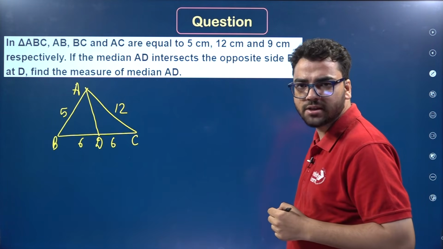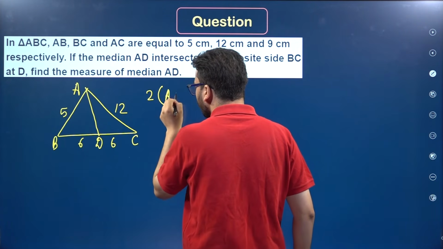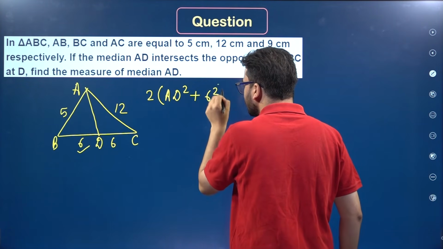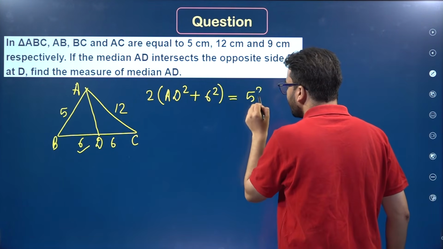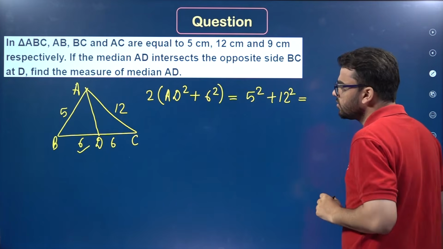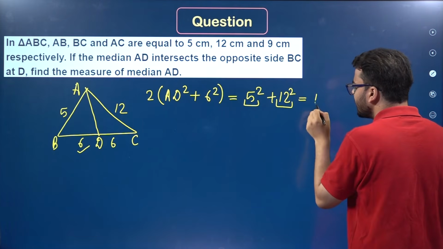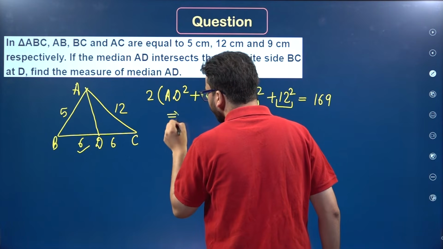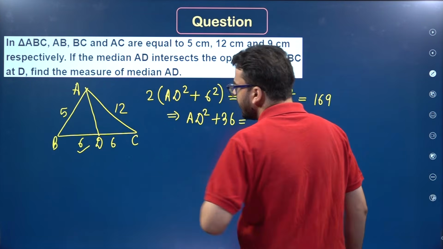So you can use Apollonius theorem easily over here. So 2 times of AD square plus BD square is equal to AB square plus AC square. So that is equal to 5 square plus 12 square over here. Now this is equal to, basically you see 25 plus 144, that is equal to 169. So from here you will get AD square plus 36, that is equal to